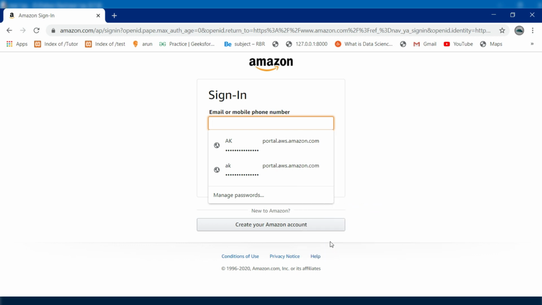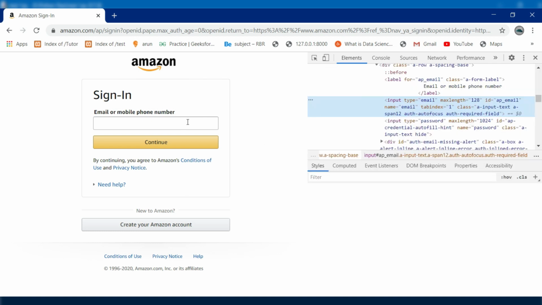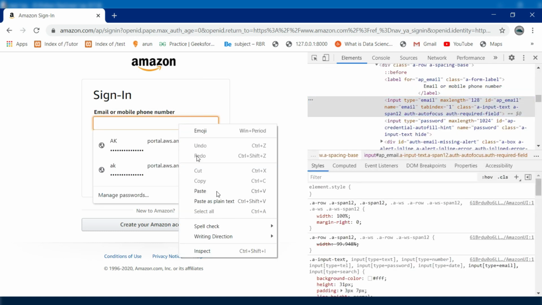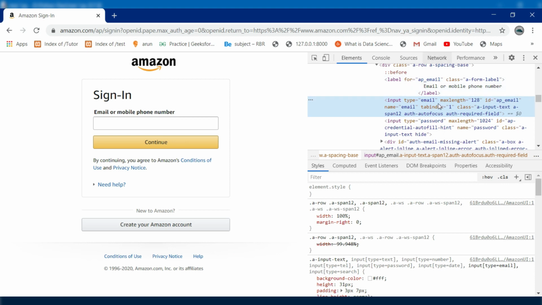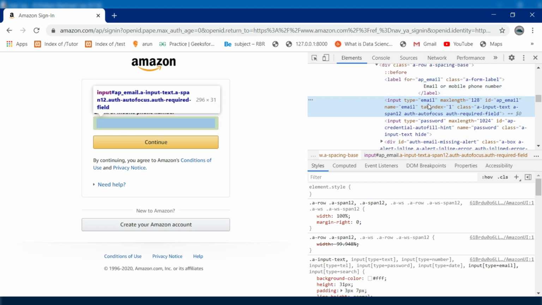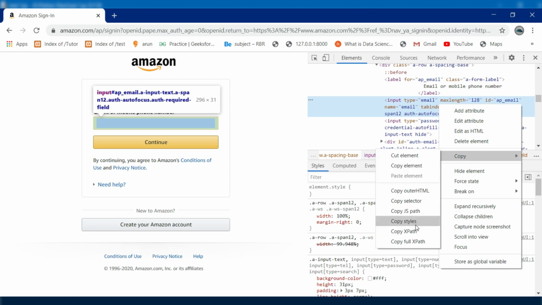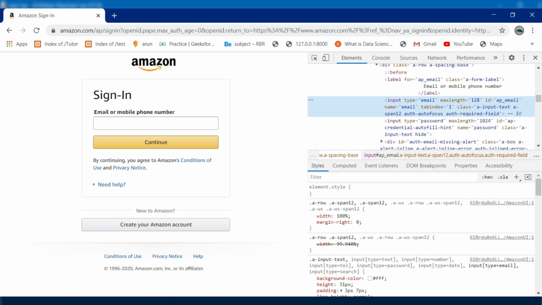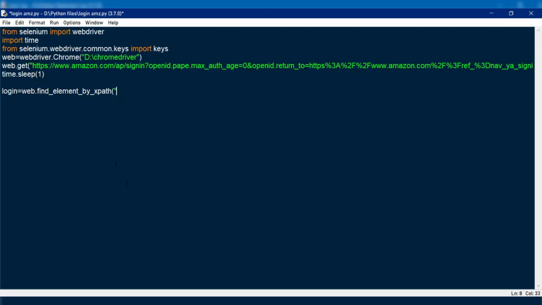You can see this kind of HTML code in your browser. Select a particular field, press the right click button, select the copy drop down list, and then select copy full XPath. This is a very important step, and you need to know that we can do this by using many approaches. This is one of the approaches.